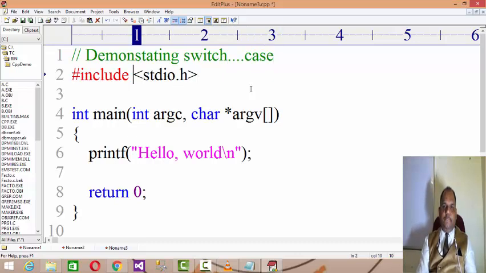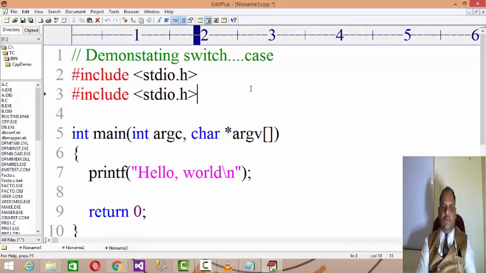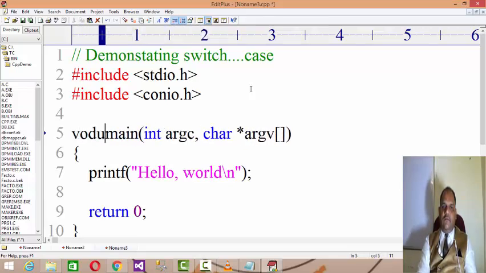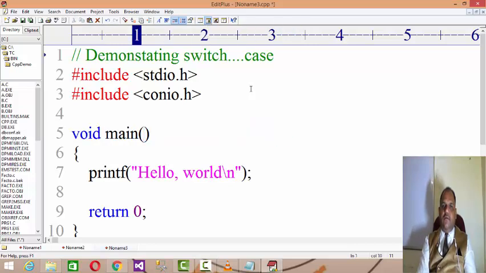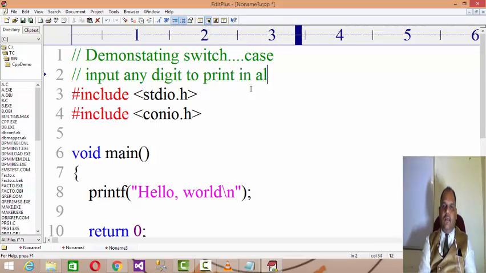Now let us say stdio.h, and let us say you input any digit. Right? I'll write the program like: input any digit to print in alphabetic.